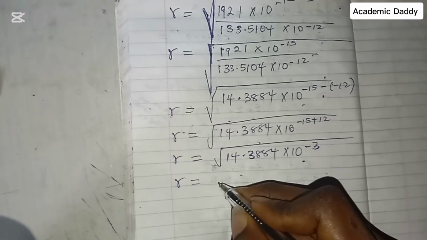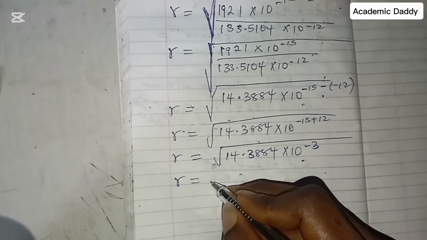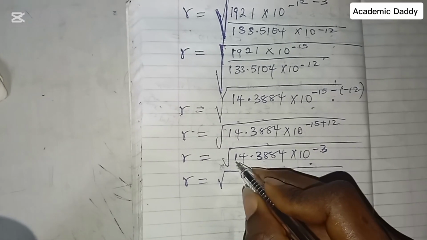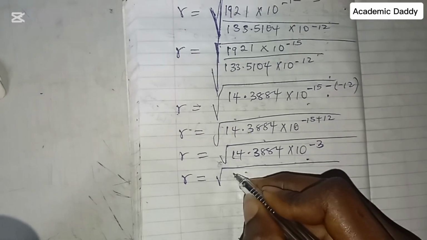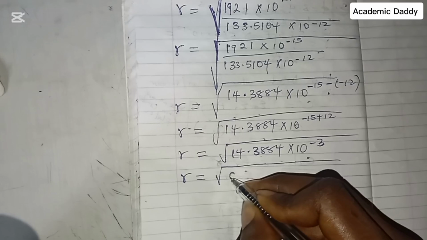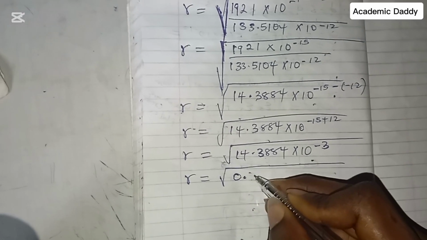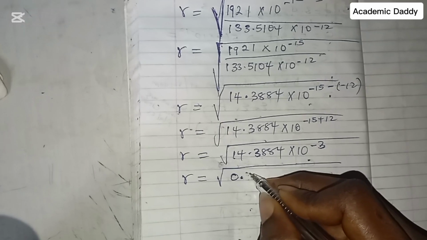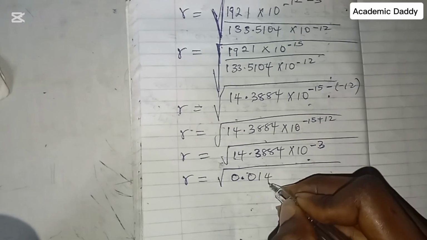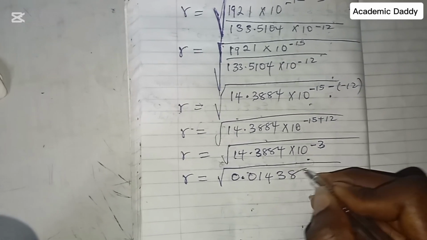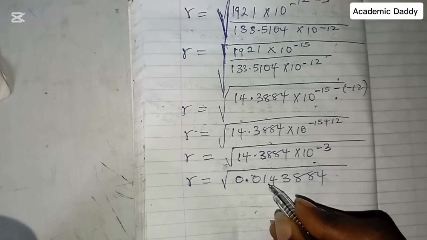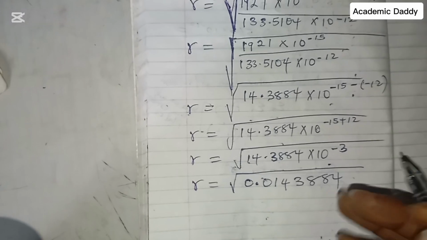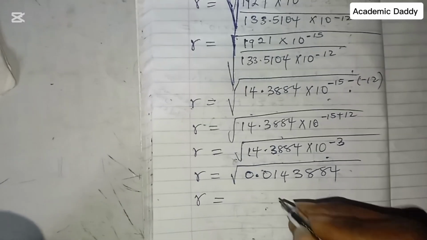I will always advise you so that you don't make mistakes. First, punch this thing inside here. Is the sentence saying square root of 0.01438884? Because if you don't do this and you carry this thing and try to square it, your calculator might misbehave. So R is equal to